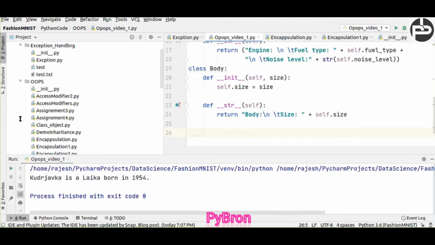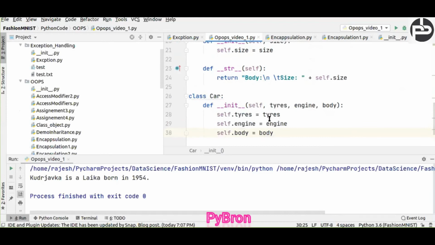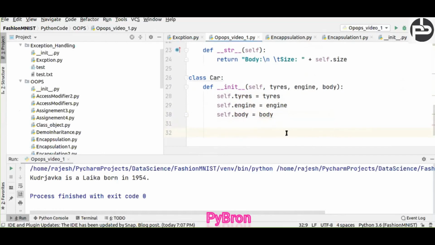Then I'm going to create one more class which is the combination of tire, engine and body. So I create a class Car, a combination of the tire object, engine object and body object. Now let me initialize all those things.